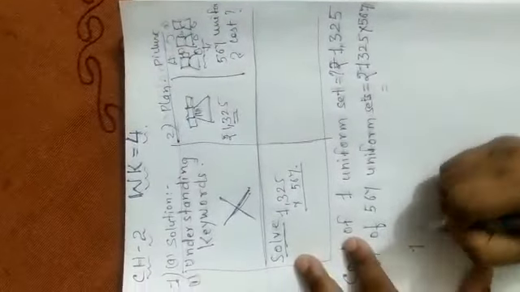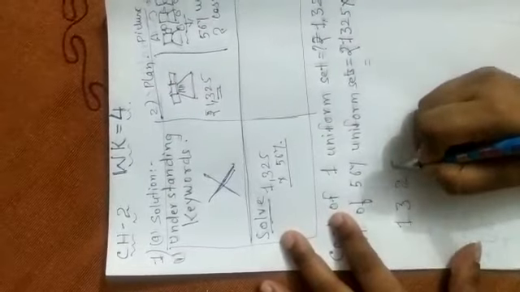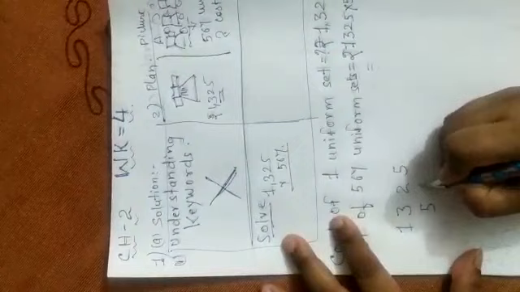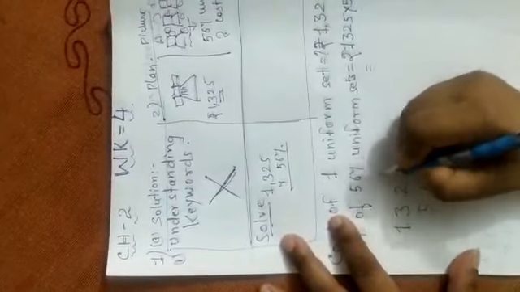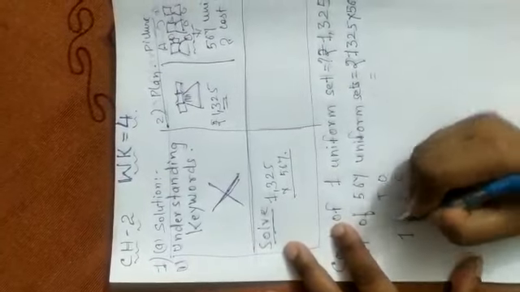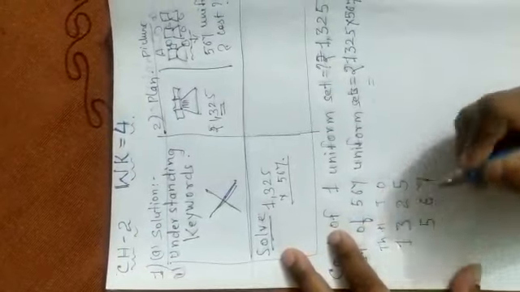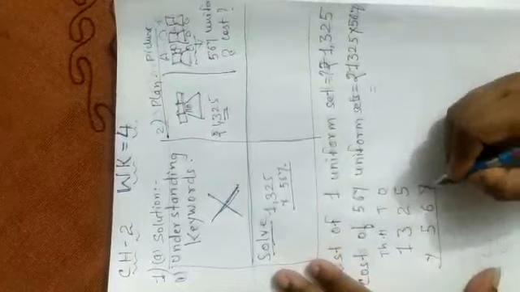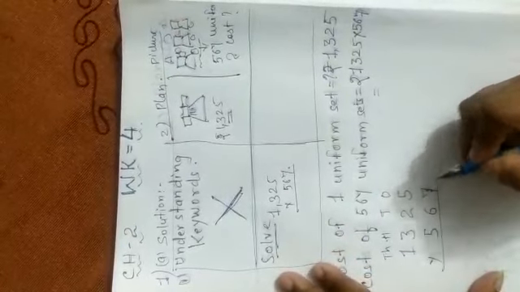So let's do the multiplication, children. We have to write down this as the multiplicand and the next one as the multiplier. So we have to write according to the place value chart. Now let's start the multiplication. Start from the extreme ones, 7 ones. I will start multiplication from 7 ones.